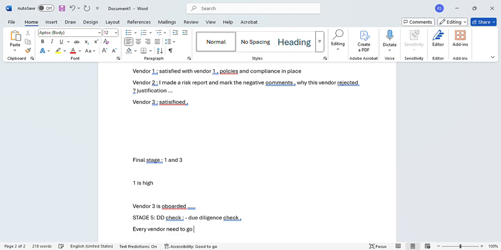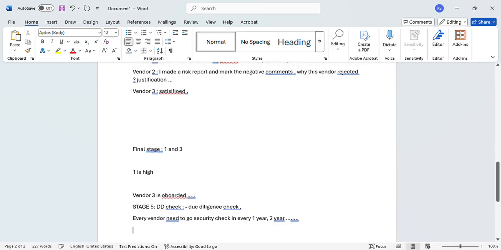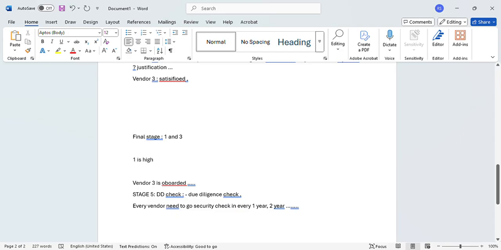needs to go through a security check every 1 year or 2 years, let's say. It depends on the organization's policy. So every vendor needs to go through a security check every 1 or 2 years. So this is the client's policy. That's why the due diligence check is required. In due diligence, again